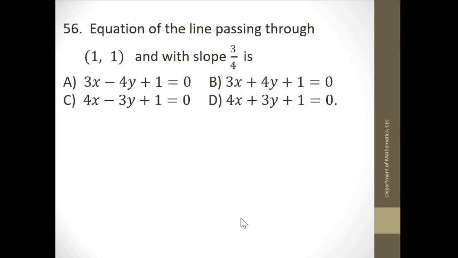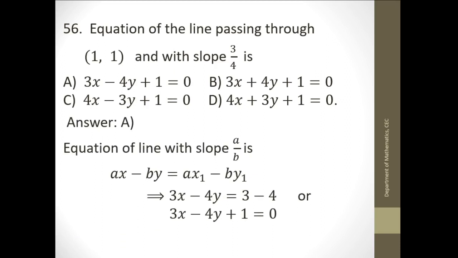That's all. Next question. Equation of the line passing through one point and with the slope 3 by 4. y equal to mx. Just imagine that y equal to mx means y equal to 3 by 4 x. That means 3x by 4. 4 you bring this side. 4y equal to 3x plus c, or 3x minus 4y. First you take 3x minus 4y, and passing through 1, 1 means substitute 1, 1 here, minus 1, that is right side, bring this side. Therefore, 3x minus 4y plus 1 equal to 0. So, it is a very simple concept. Okay. Next question.